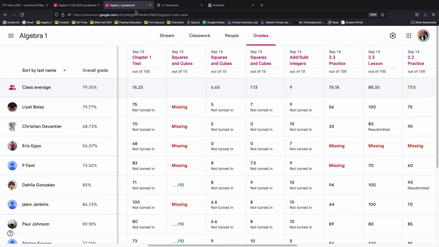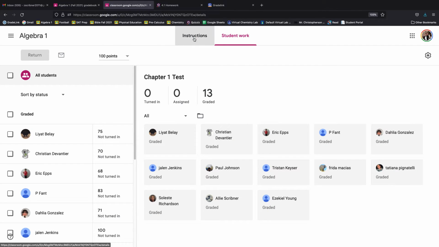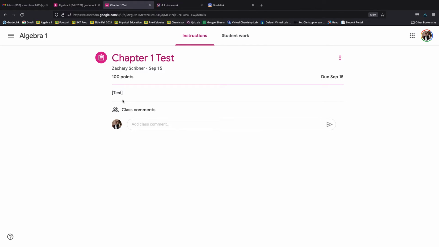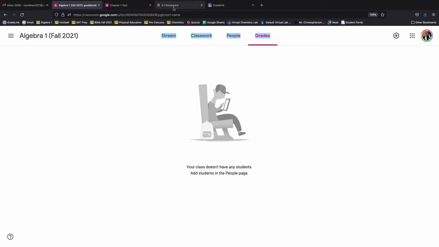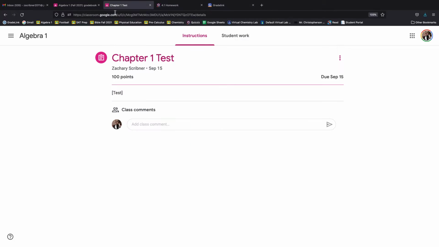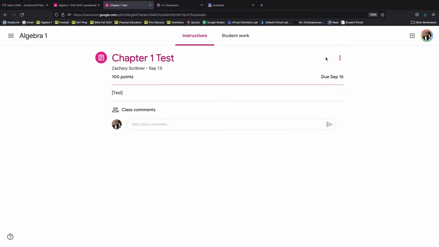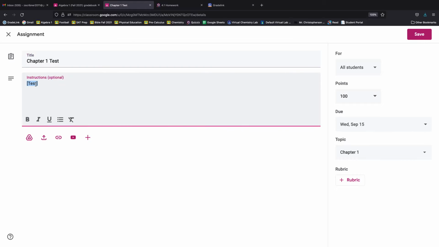All right. But one thing that is important in terms of Google Classroom and GradeLink is if you do a Google Classroom assignment, and let's say I want it to be a test, in the instructions I have to write bracketed test, and it has to match the assignment type that I want it to be. See how it's tests here in Algebra 1? So here I did test, so that will not work because this is tests. So I would want to copy that, and I would want to go in here and edit, and instead of test, I would want to say, and it has to be in brackets, tests. So now if I save it,